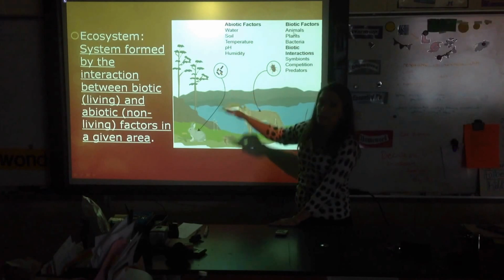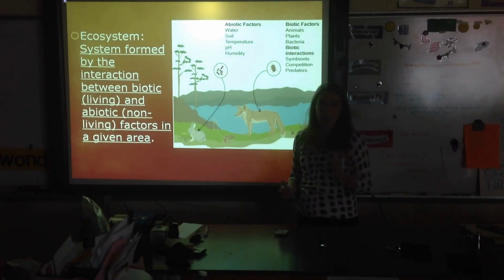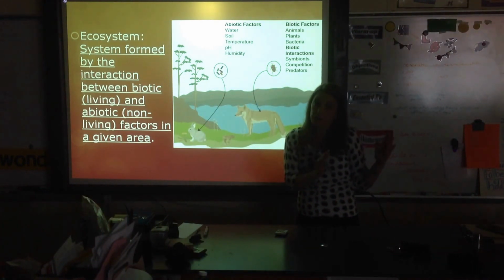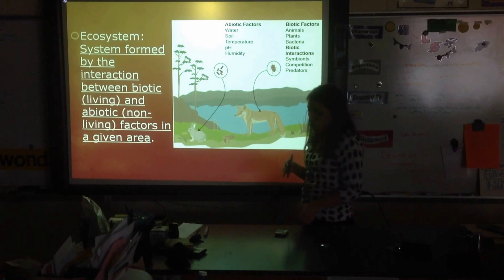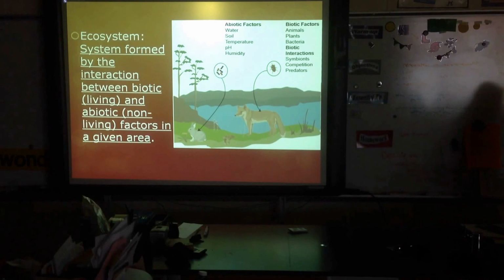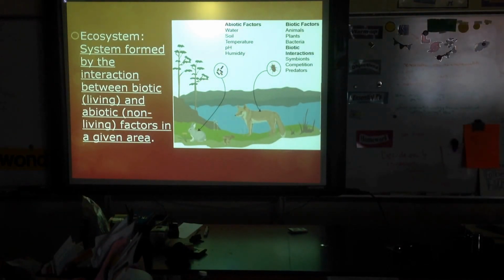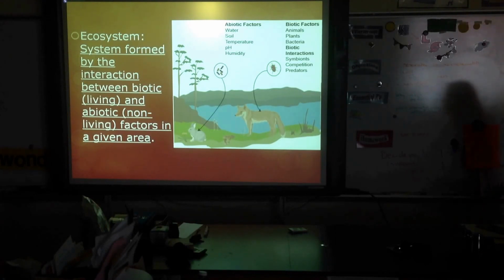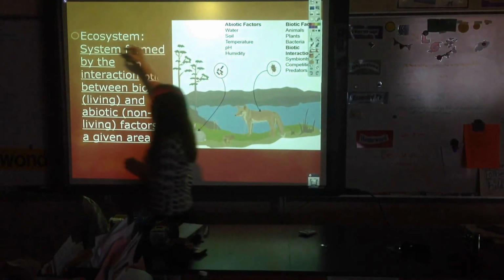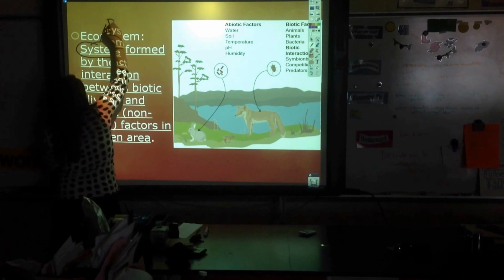So what we're learning about at this moment are what are called the levels of the biosphere. We can look at the whole Earth, we can look at areas that just have similar climate and vegetation, or we can look at a smaller area called an ecosystem. An ecosystem is formed by the interaction between living and non-living factors in a given area. What does that mean? A system formed. And so when we talk about a system, we're saying it's a defined